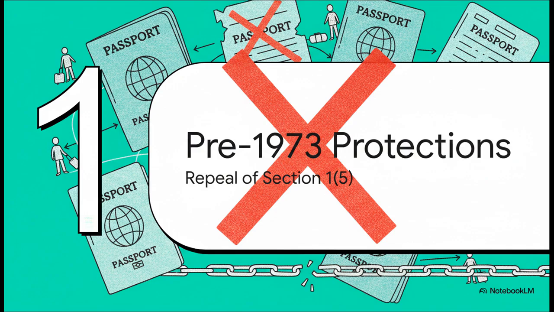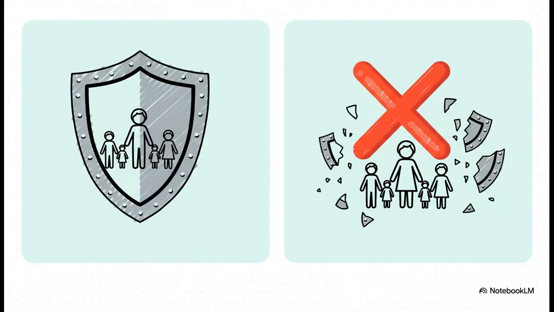The Act basically removed a long-standing safeguard for Commonwealth citizens who had settled in the UK way back before 1973, and it completely changed their legal standing. The change was pretty significant. You see, before 1988, there was this kind of, well, you could call it a grandfather clause in the 1971 Act that protected the families of these early Commonwealth settlers. But the 1988 Act just stripped that safeguard away. Now, the idea might have been to create a single set of rules for everyone, but the effect was that these long-settled families were suddenly exposed to deportation rules they'd previously been shielded from.